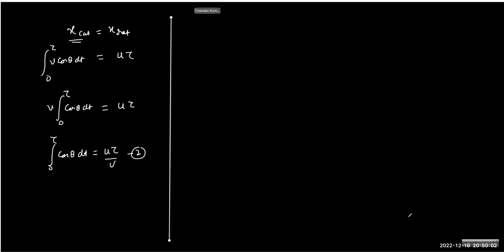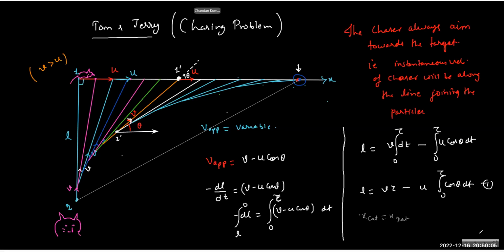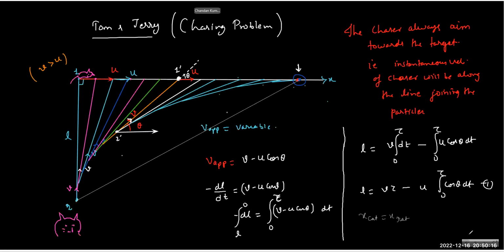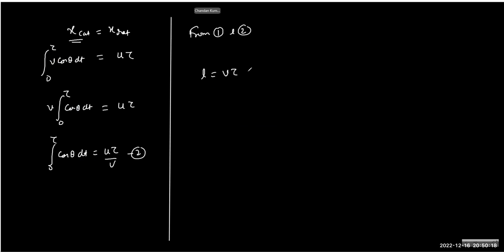And therefore, now you can see from equation 1 and 2, what will happen? You are able to write L equals V tau minus, I think, u into the cos integration, which is how much? U tau by V. And now it turns out to be something really nice: (V square minus U square) into tau by V. So the time in which it will catch is